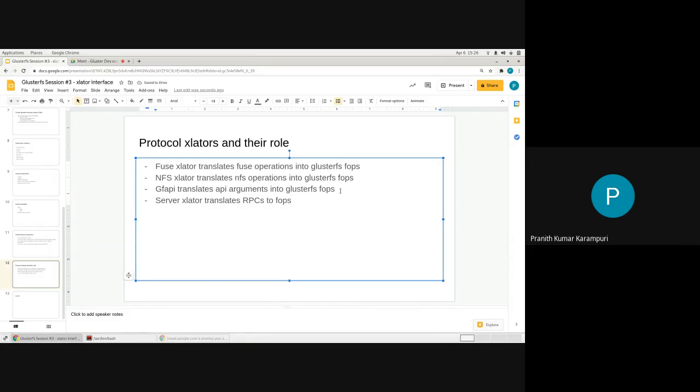So these are your typical master translators: Fuse, NFS, GF API, and server. These are your master translators generally, and they are the ones that are exposed to the outside world, and they take care of the translation between the outside world and the internals of the translator graph.